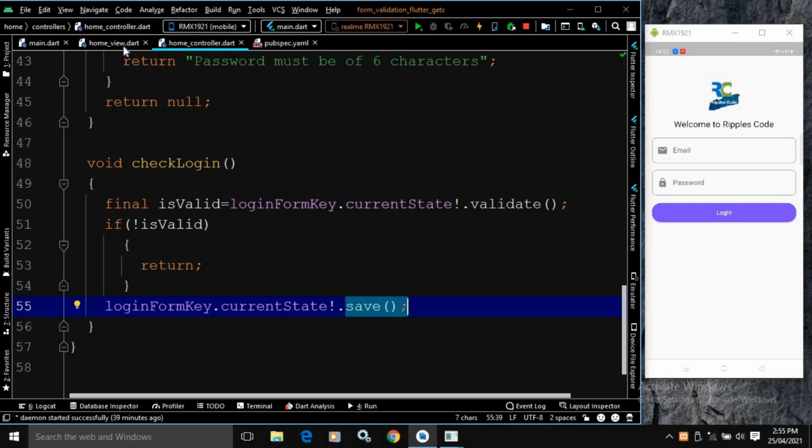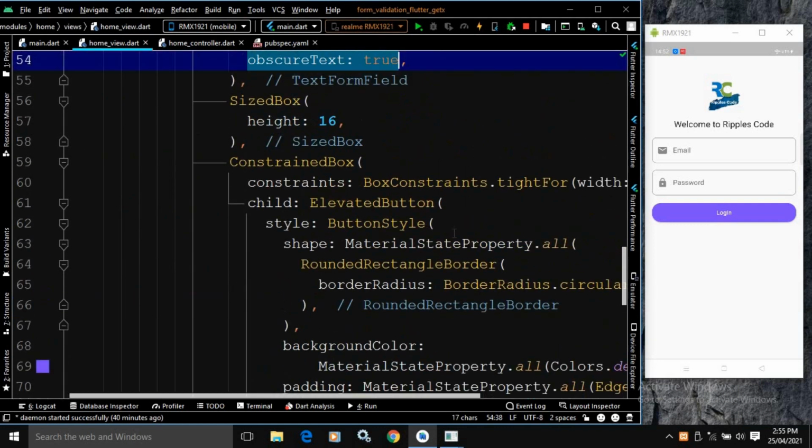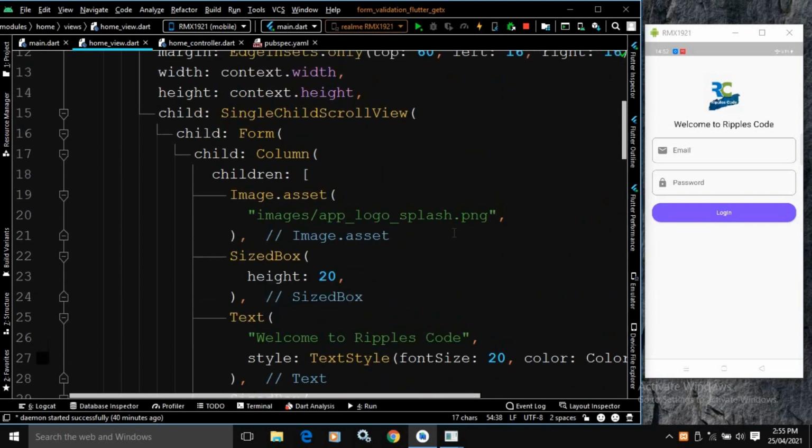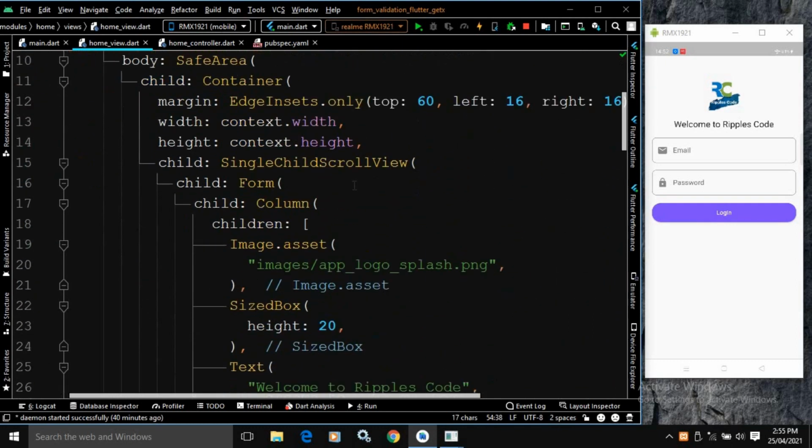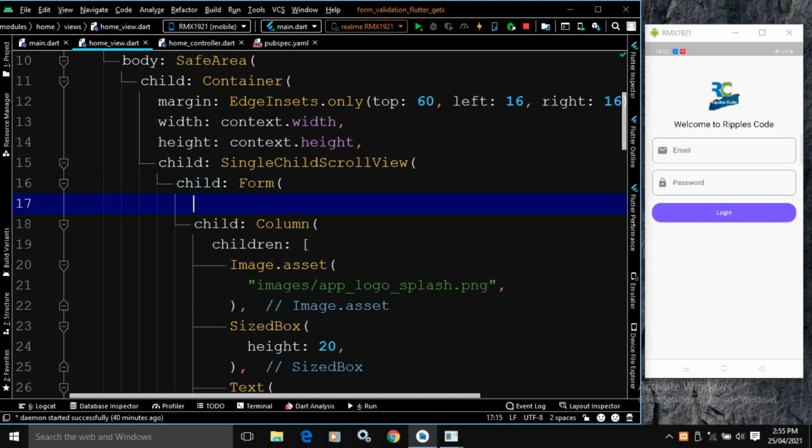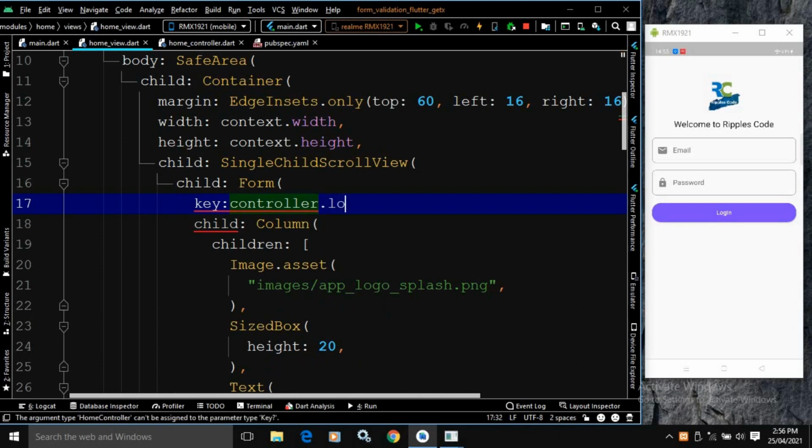Okay, now let me move to the home view, and here inside this form I will assign the key. So here I will write key, and the key is present inside the controller, inside the home controller actually. Okay, so here I will write controller dot loginFormKey. Need to put a comma. After that